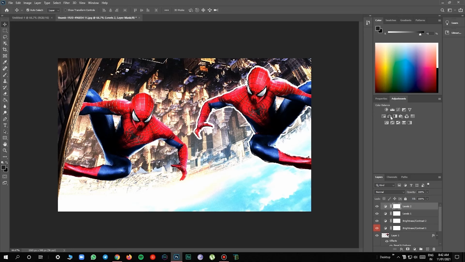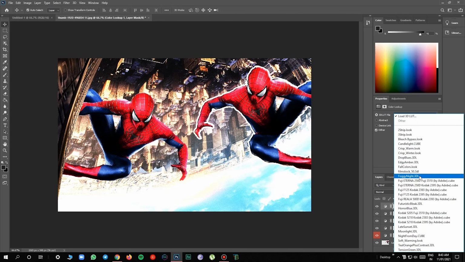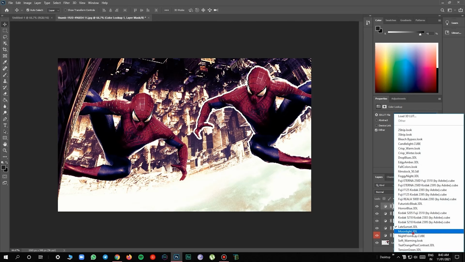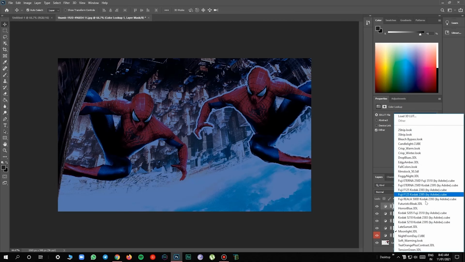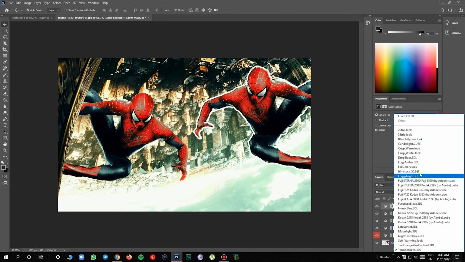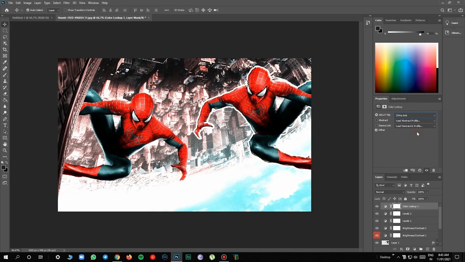I'm just telling the basic ones to just start studying Photoshop. So in the color lookup there are some default lookups, like sunlight, moonlight, horror blue, for example. So the total image gets inspired by that color. I think this one looks nice.